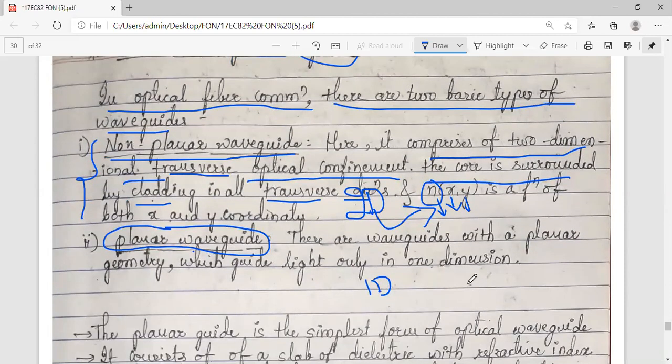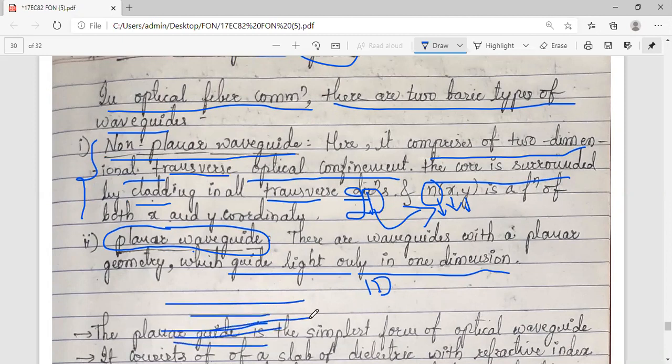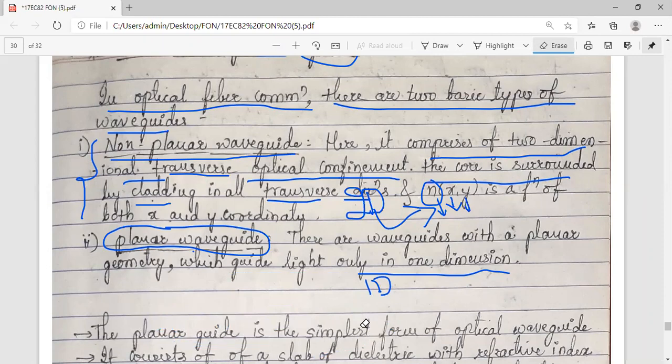For planar waveguides, we talk in one dimension, wherein the light travels inside the waveguide in only one direction. You have already seen the structure of a waveguide. Centrally you have the core axis, this is your cladding, and the center is the core. When you pass light at some angle, the wave travels only in one direction. This is about the planar guide, so we are now focusing on the planar guide itself. Now let us move to the actual concept, modes in planar waveguides.